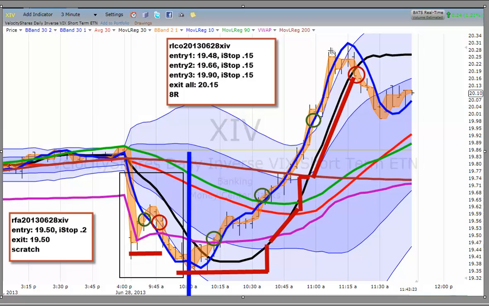Shortly thereafter, that was the 2 little baby horns of the dragon. It starts tracking sideways for a while. The Bollinger Band floodplain catches up to it. It starts failing, and we go ahead and exit here when it makes a new low below those 2 wicks, and we can see the regression line crossover outside the river getting ready to happen here anyway. So we go ahead and exit at 2015. We exit all, and that locks in 8R, and now we're stalking this next move because we have a